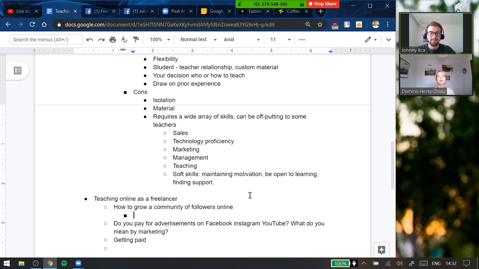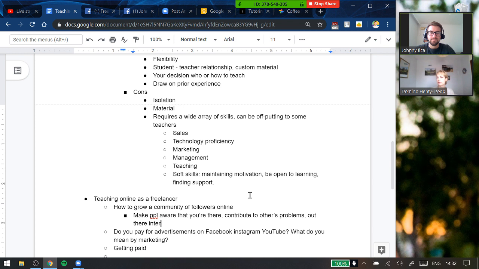But I'm also aware that you need to go out and help other people before you can ask people to pay you for lessons. You need to make people aware that you're there and you're a good contributor to other people's problems, that you'll help with answering on other people's Facebook groups, and you're out there interacting. You're not just going, come and buy my lessons. Do you see what I mean?